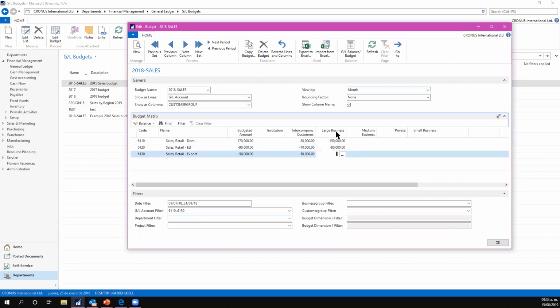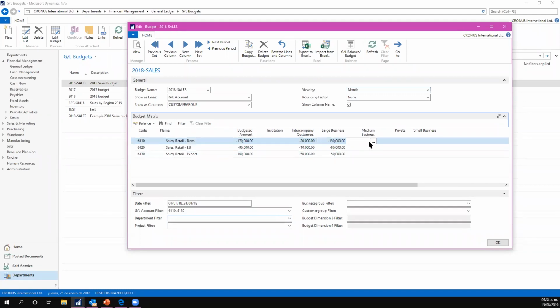So I'm inserting for the large businesses, checking the history for the large businesses, and look, for the account for exporting for the large businesses, I know that in my regular operation I have very, very large exporting operations, right? Specifically for large business, in comparison to other types of operations, it is quite big, right? So let's go to the medium customers,